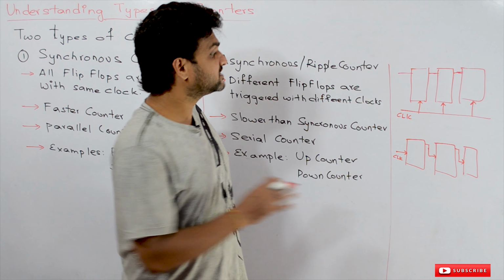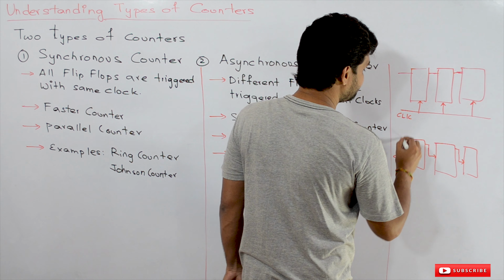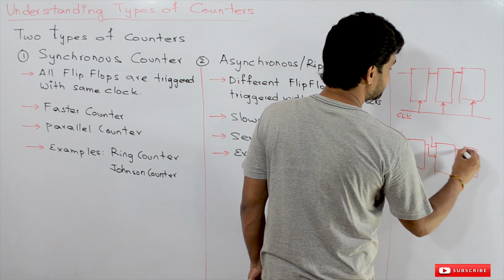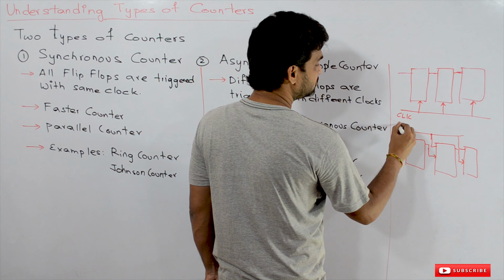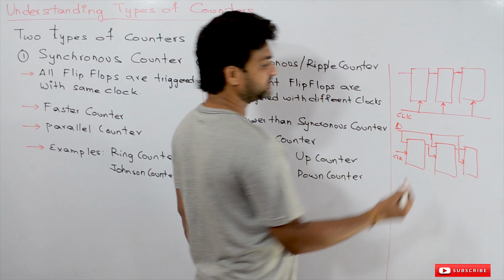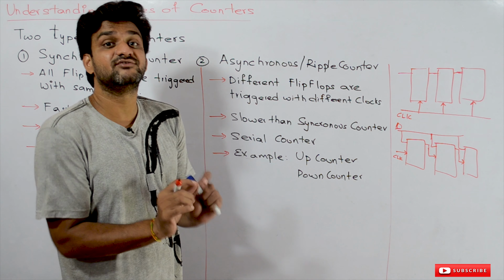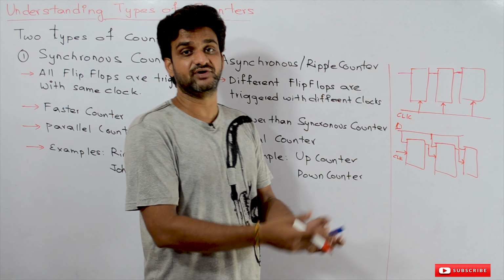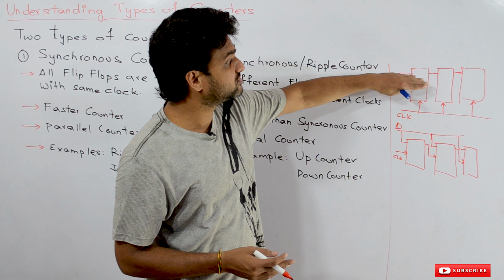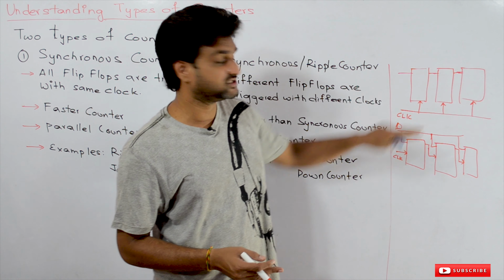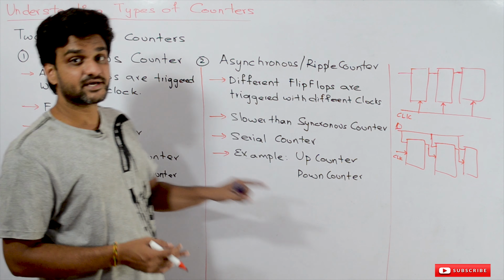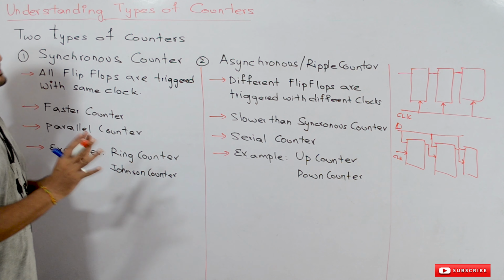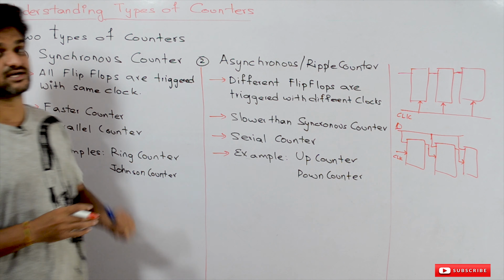Whereas in asynchronous counters, generally all the inputs are given one single value. All these inputs are connected to one single value, which may be 1 or 0. So this is the general way. Most of the time, we will find synchronous counter input connections in one way and asynchronous counter input connections in the other. This is the basic difference between the synchronous counter and the asynchronous counter.